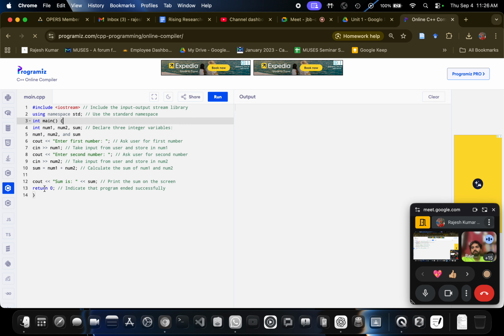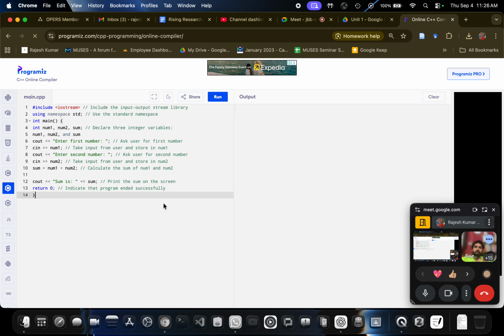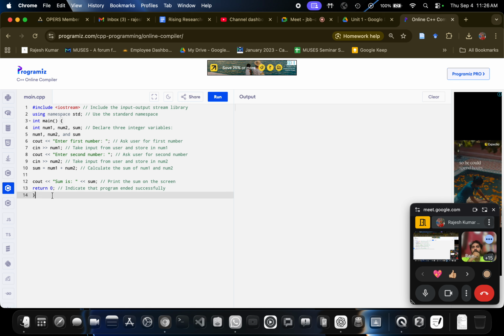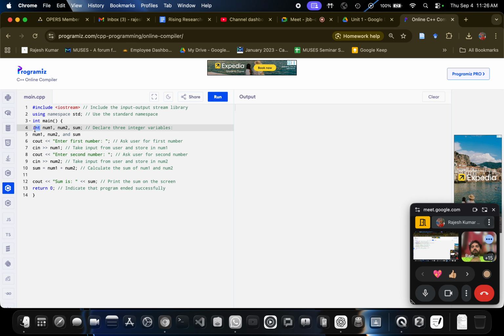Inside int main, we start with curly braces in C++. Whenever we write a function and there is a body of the function, we always write it in curly braces. That's how we tell the code that the function starts here and ends here. Inside that function, we defined three variables, which are integers: int num1, num2, and sum.